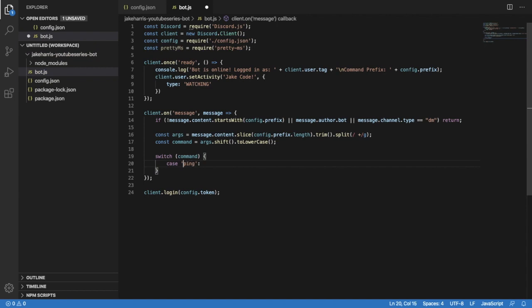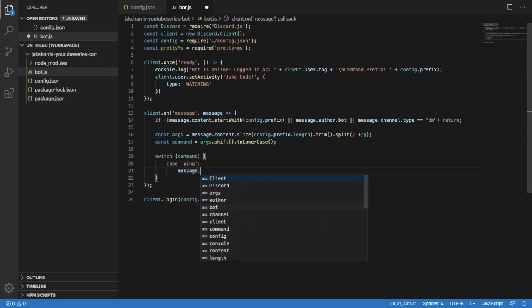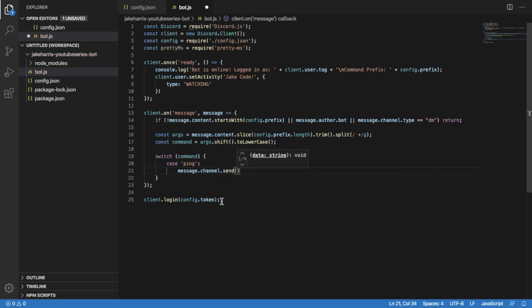So this will be our ping command. This is literally the only thing you have to do to define a command. It's very easy. So let's send a message in the channel that the user typed the command in, and that message is going to be the ping pong emoji, and it will just say pong, and let's put the ping in one of these so that the message will be in a special format. We'll surround them in those, and